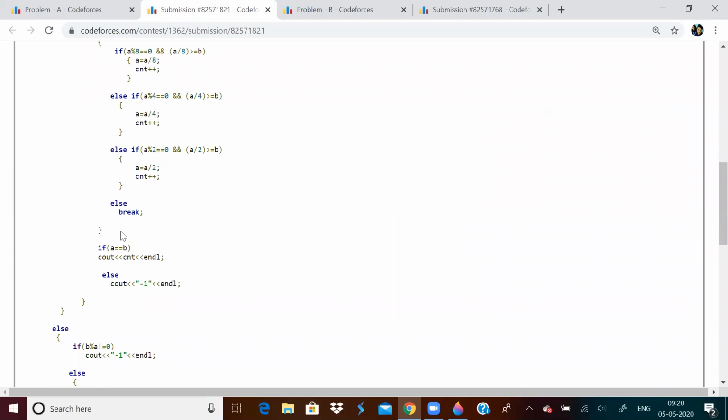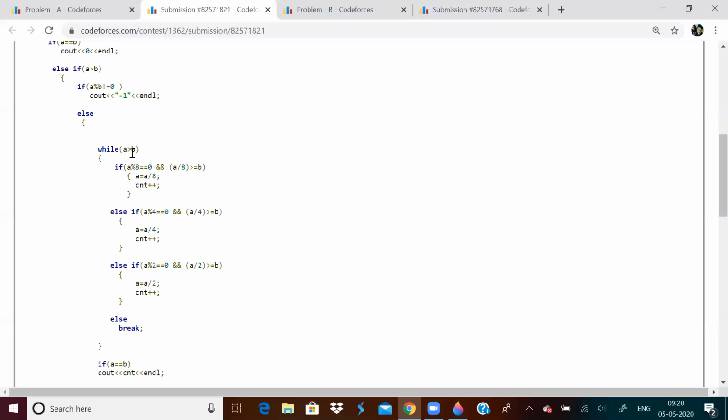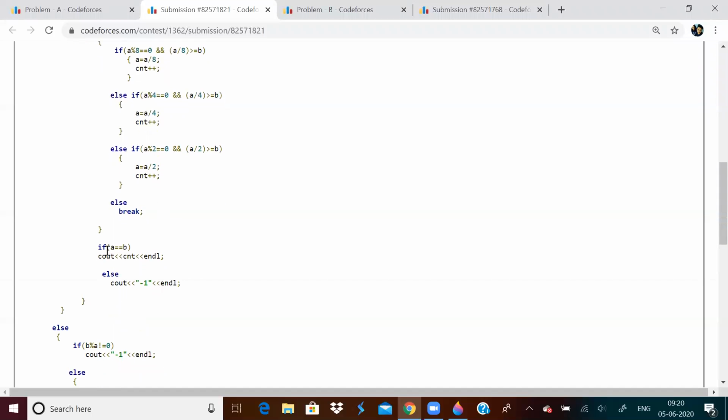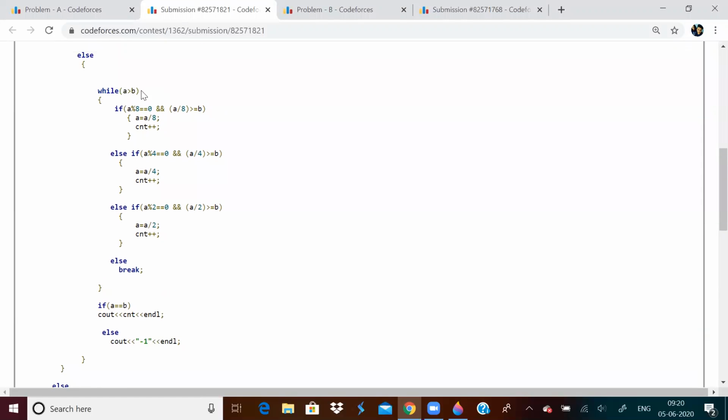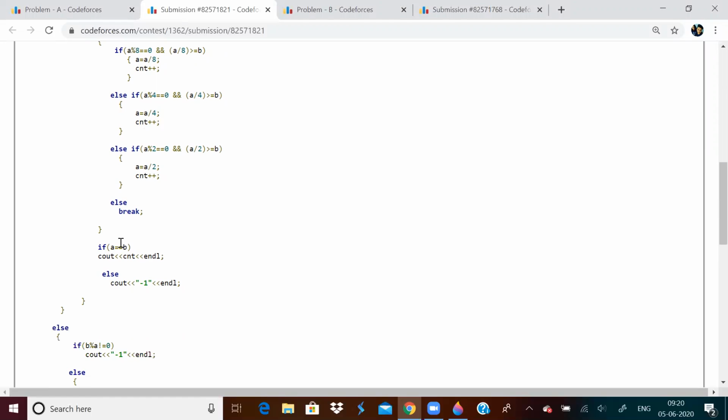When this loop is broken, I will check if A equal to B. If A equal to B, I'll print the count value. If A is not equal to B, I'll print -1. See, this loop will be broken when A is less than or equal to B, correct? I am checking if A equal to B. If it is false, that means A has become less than B.